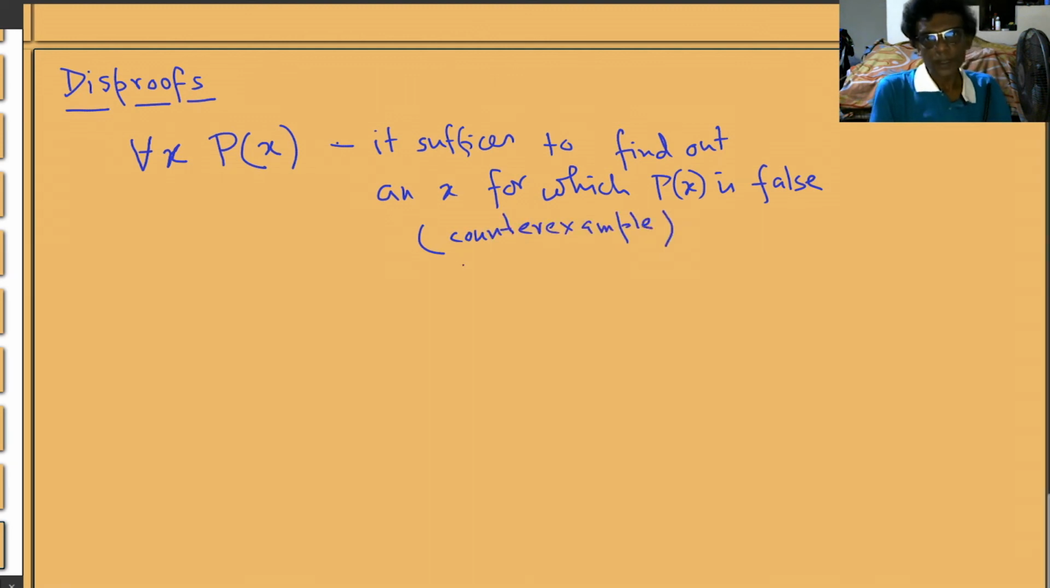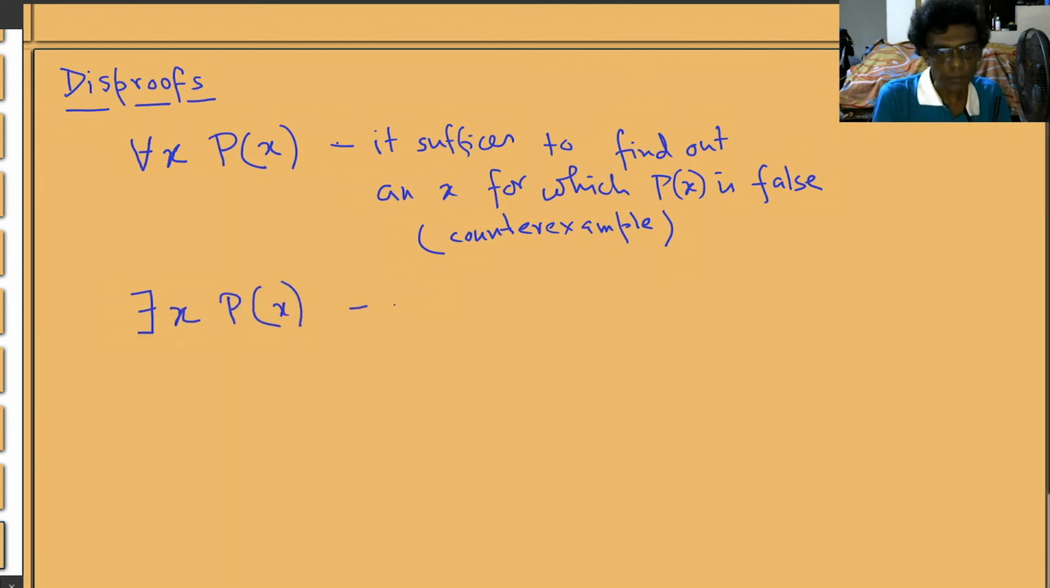Okay. And once again, this proof may be constructive or non-constructive. If we can explicitly construct a value of x for which this is false, you are done. It's a constructive proof. Or if you somehow prove the existence of some x without knowing it explicitly, then it's a non-constructive proof. Okay. On the other hand, if I want to disprove a statement like this,